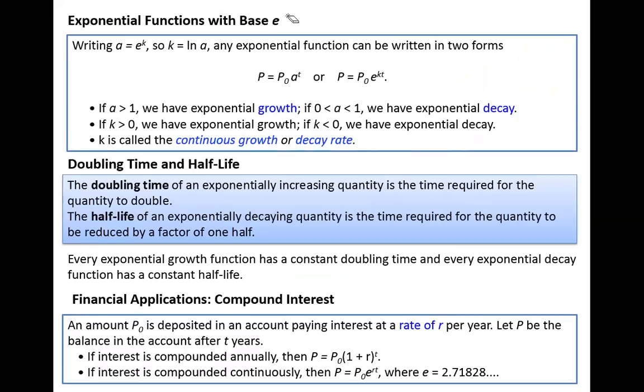We will have some exponential function written in this form: P equals P sub 0 a to the power of t, or equivalently, P equals P sub 0 e to the power of